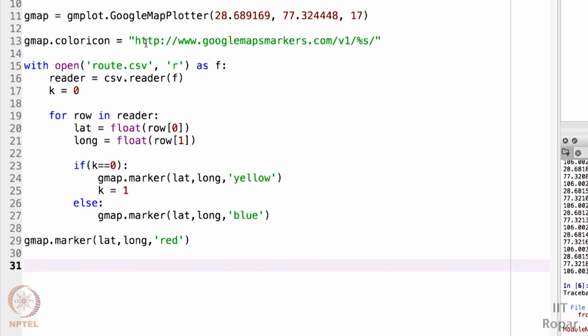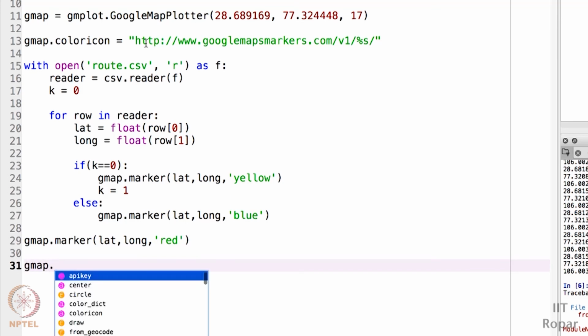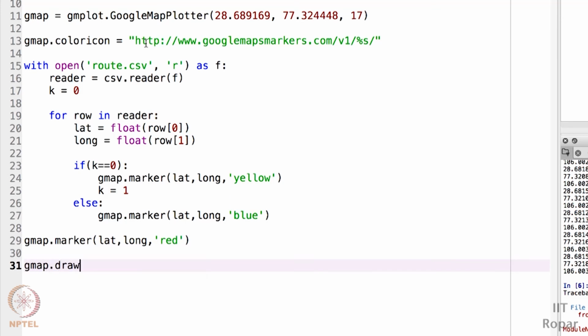So we are done. I just have to draw this map. So gmap dot draw with the HTML file, let's say my map.html. That is it. So I'm going to run this. Okay, so I created a mymap.html.